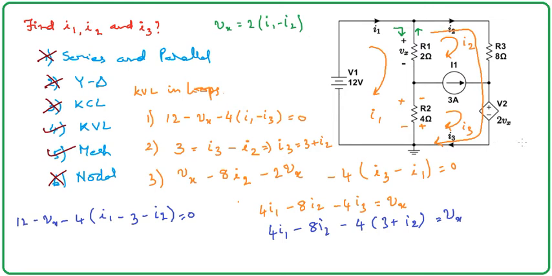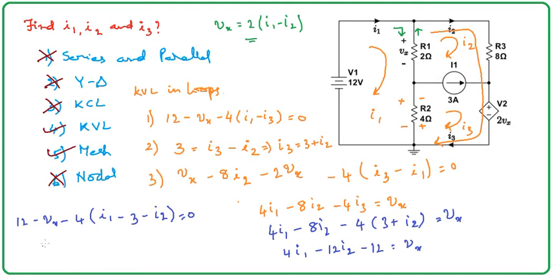That we need to substitute. Anyhow, let me end up with these two equations and then I will substitute this part. Okay, don't worry about that. So this part is 4I1 minus 8I2 minus 4I2, so it will be minus 12I2 minus 12. Sorry, yeah, 4 3s are 12 only. Minus 12 is equal to Vx.